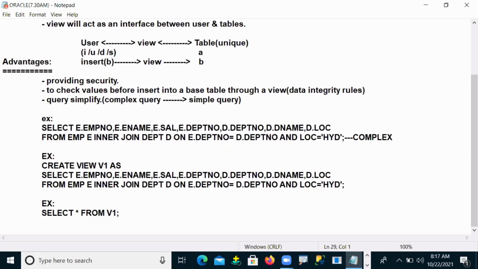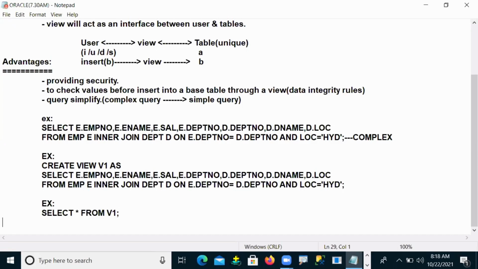Concept understood now? I don't want to write the entire query again. Suppose today you wrote it, and tomorrow you come to your office, open your system, and want to write that query again. Who will write this entire query, and who will remember it? Yes or no? So instead, what programmers do is write that entire big, complex query and save it under a view.